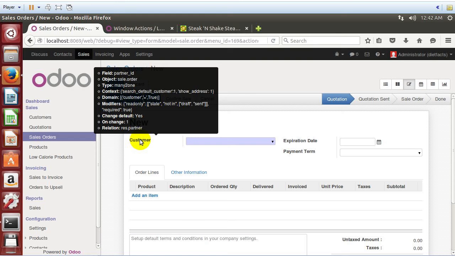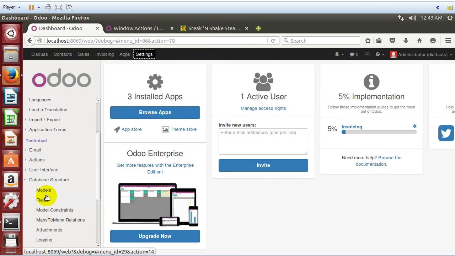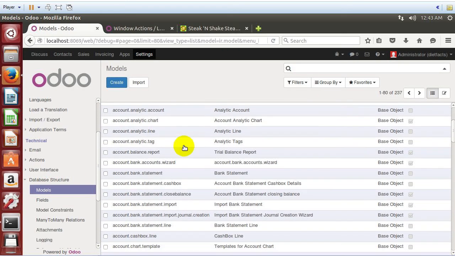At the very, very bottom of that black box, you'll see relation res.partner. That tells us right there that this field partner_id is tied to the relationship res.partner. The _id, that is a requirement. So if you're linking tables, and we'll look at a few more of them here in our models, and understanding these models, let's go back to sale order,